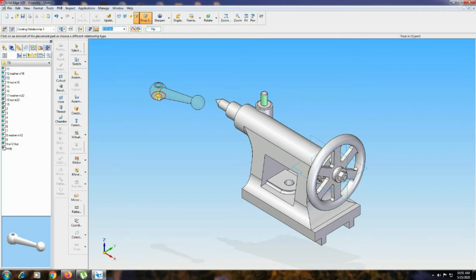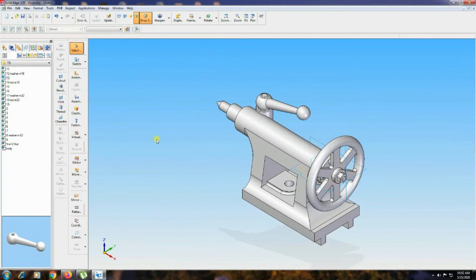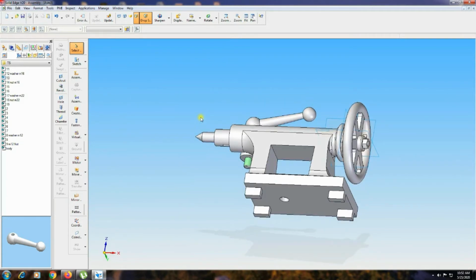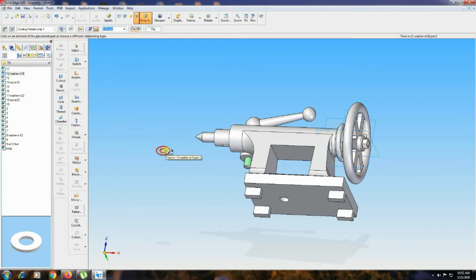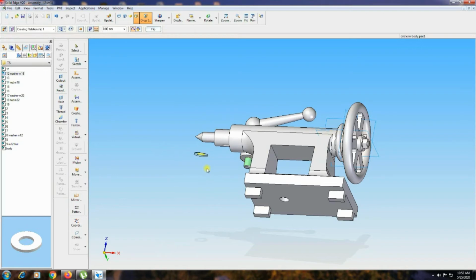Handle, bottom circle you select, right click, inner circle, then that circle. ISO fit sheet. Now you have to rotate the drawing like this. Then go to one more washer, M6 16. Select the upper circle, right click, then edge, then that small circle you select.